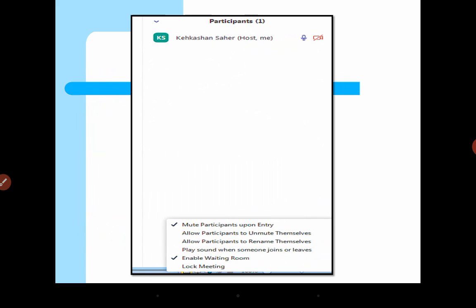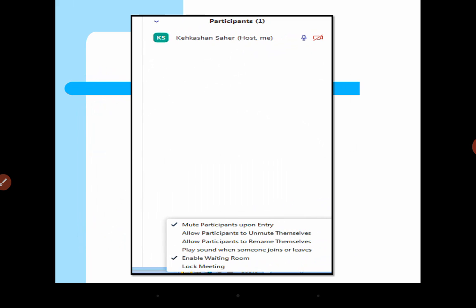Mute participants upon entry, allow participants to unmute themselves. Don't allow this thing to the participant, because it creates chaos in the class. When participants unmute themselves, there is a lot of noise in the class and nobody is able to hear properly, and there are many things going on in the background of all the participants.